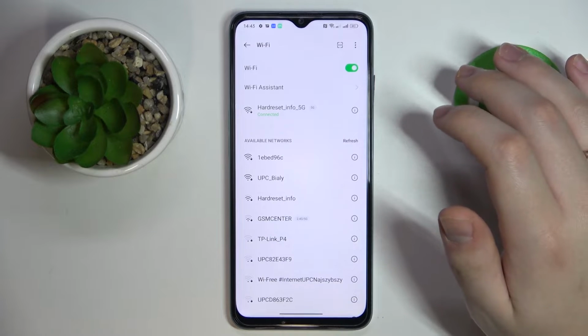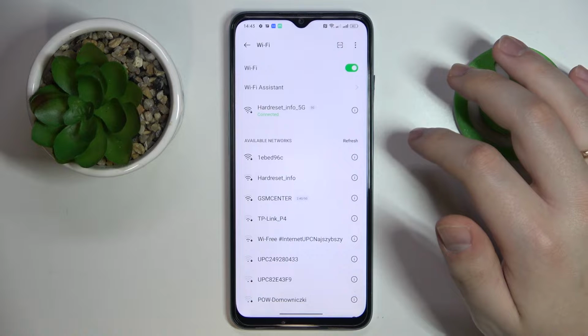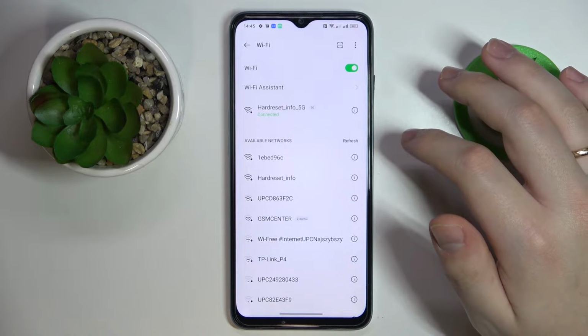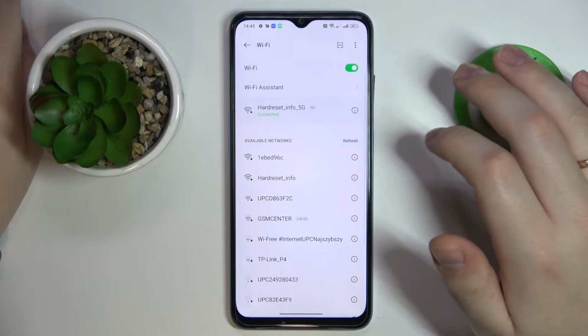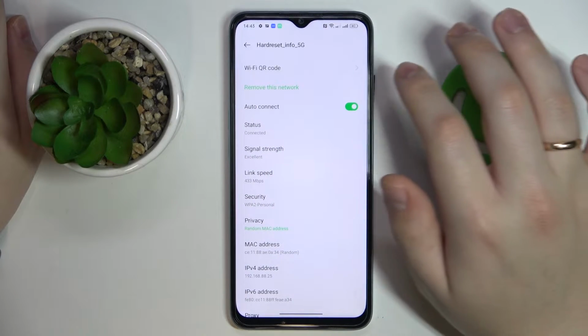Then once the Wi-Fi settings page gets opened, choose what particular network you would like to share the password of. I'll simply go with the one that I'm currently connected to. Then tap on it. At the following network details page, tap once again, but this time at the Wi-Fi QR